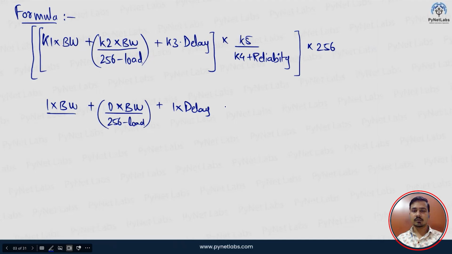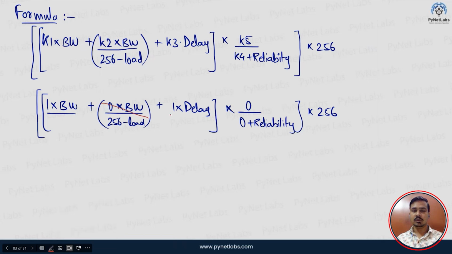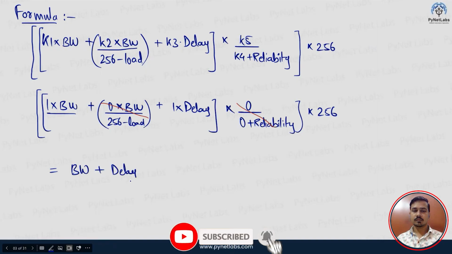And then we have K5, that is once again 0 plus 0 plus reliability. And the whole thing is once again multiplied by 256. Now, since here it will totally become 0, this will also become 0. So the final formula that we get is going to be bandwidth plus delay, and the whole thing is then multiplied by